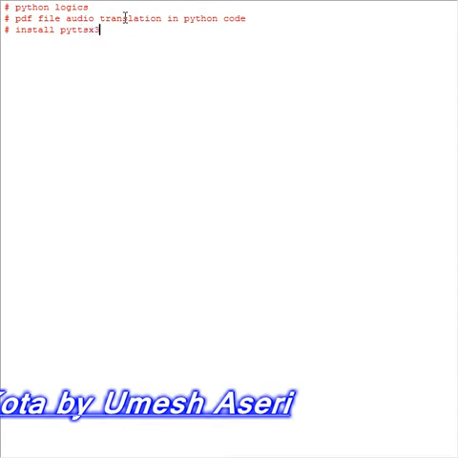pyttsx3. Okay, so first we have to write pip install pyttsx3, and another one, pip install pdfplumber, and another one, pip install PyPDF2. Three modules in pip we have to install, then we can convert. So first we have to import